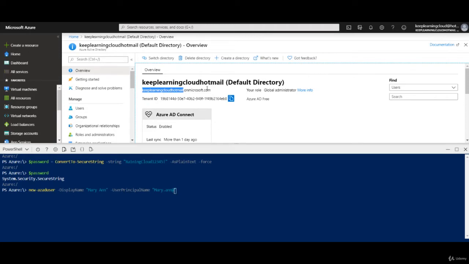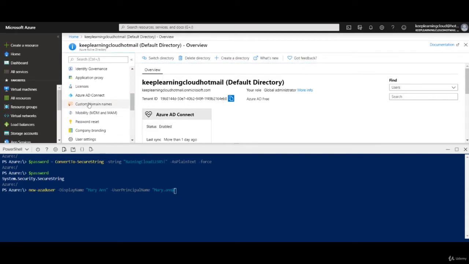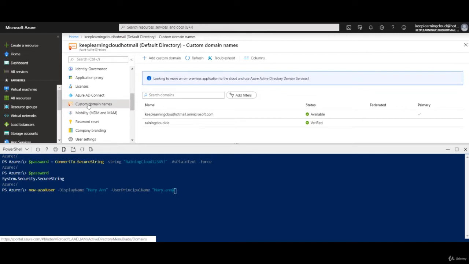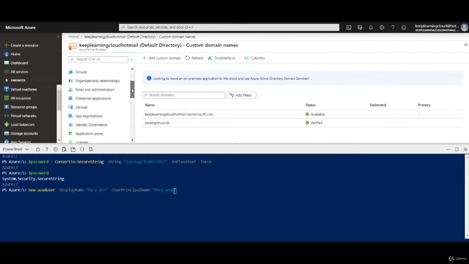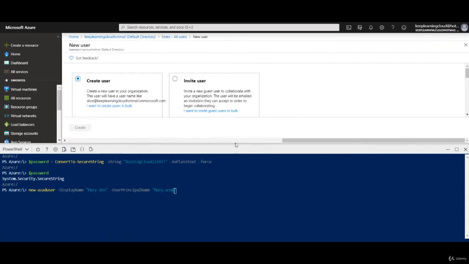.onmicrosoft.com is your default directory. But if you have verified any domains under custom domains, they would then also be available for you. So when creating a user account, you can use the verified domain name as a suffix for all user principal names here. It's the same case when you're creating a user account with the user interface, the concept still remains